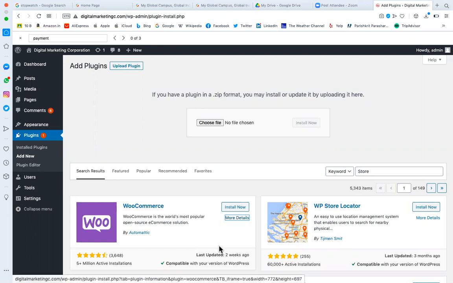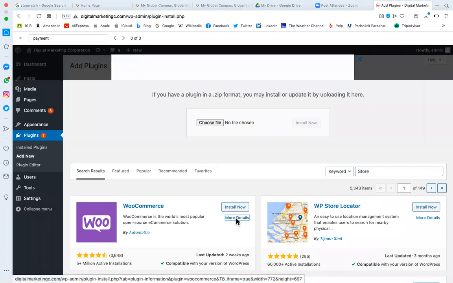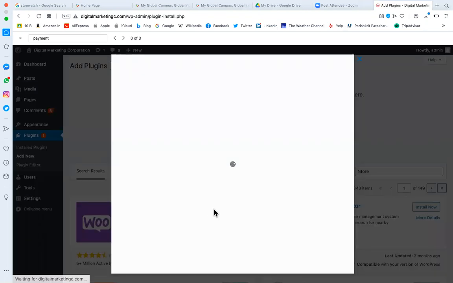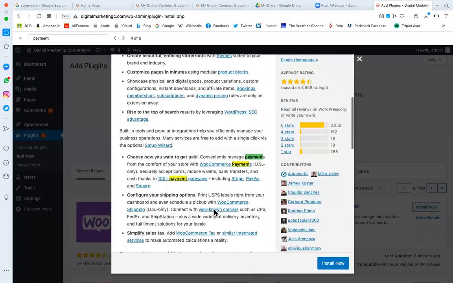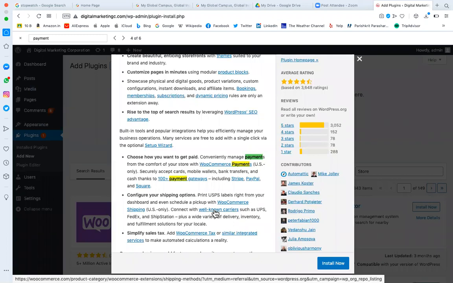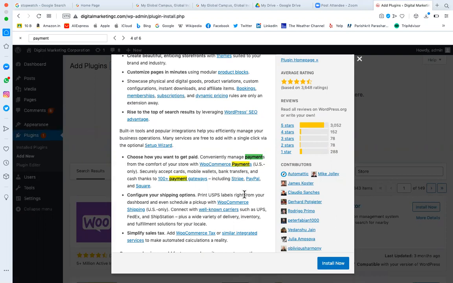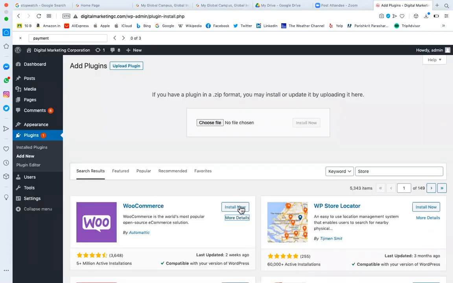As we are setting up the e-commerce store plugin, we can go and see in detail whether the feature we want is available in that plugin or not. For example, I have said we want an online store with the payment gateway integrated. This plugin will give you the feature to integrate the payment gateway, so you need not go for any other plugin for it. For example, right now I'm going to install it.